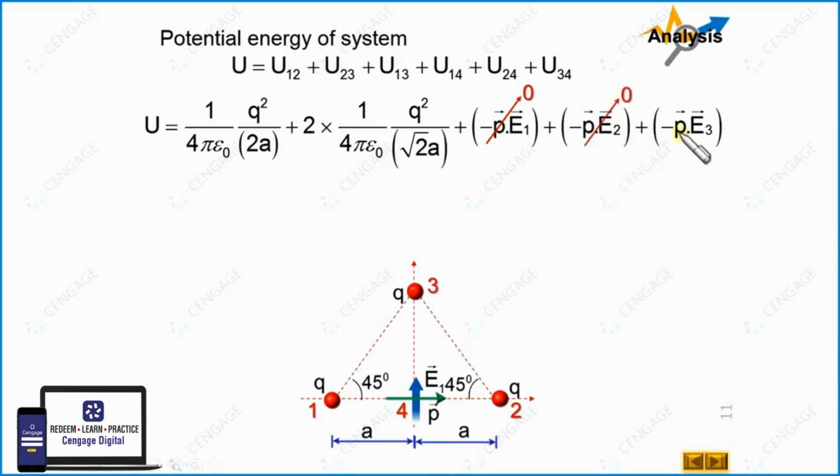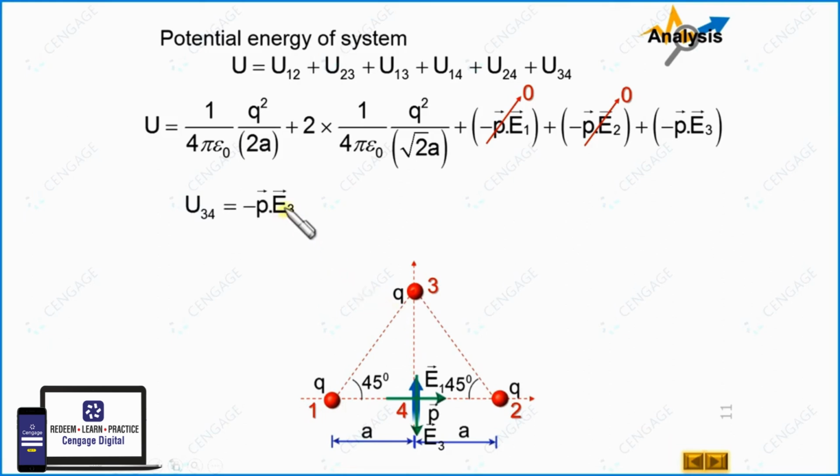Now let us calculate this term. P is the dipole moment, this one, and E3 is the electric field associated with this charged particle. This charged particle is positive. That means electric field vector E3 will be in the downward direction. That means the angle between the dipole moment vector and electric field vector is 180 degrees, that is pi radian. So here we can write U34 equal to minus P dot E3,